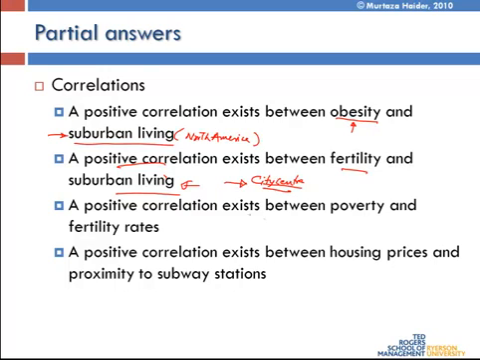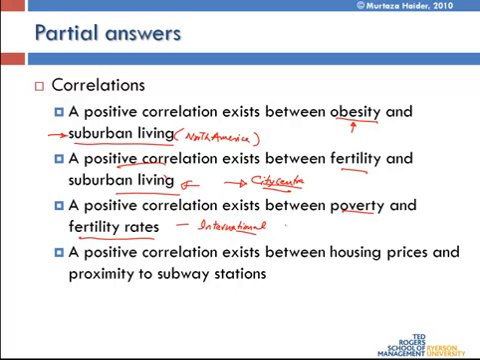There's also a positive correlation between poverty and fertility rates. That is, if you look at the international scale, you would notice that poor countries have higher fertility rates than those that are richer